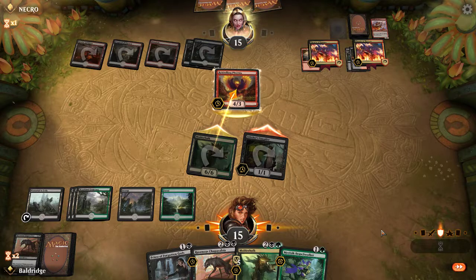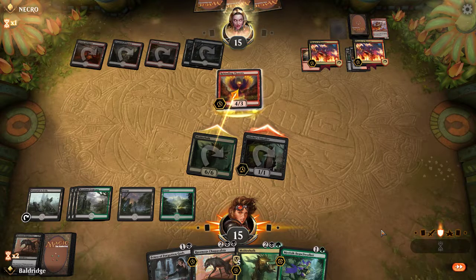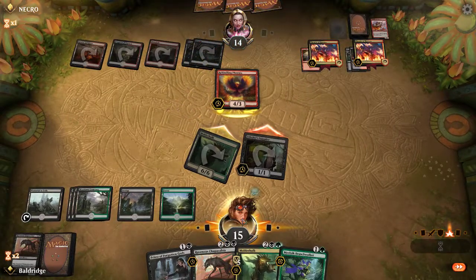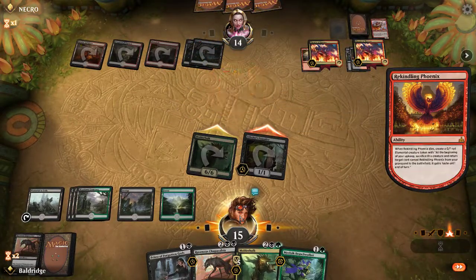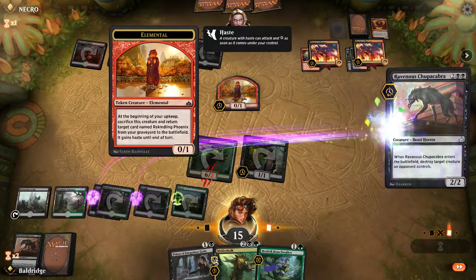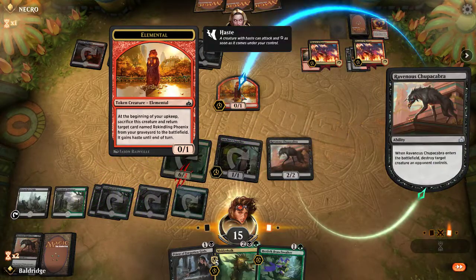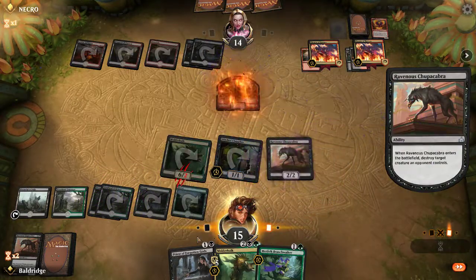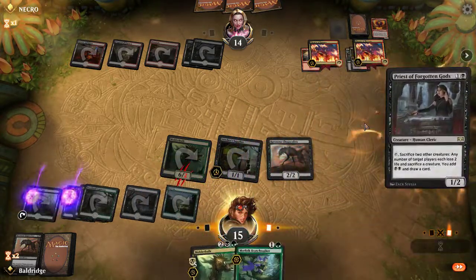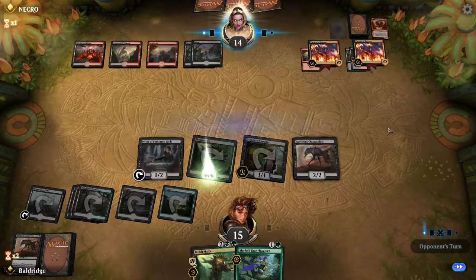Block so that you can not take damage. Then we will Chupa thing the egg. Yep, resolve that. We're going to Chupa thing this little creature you got there. And I am going to play Priest. Get that out there so that I can